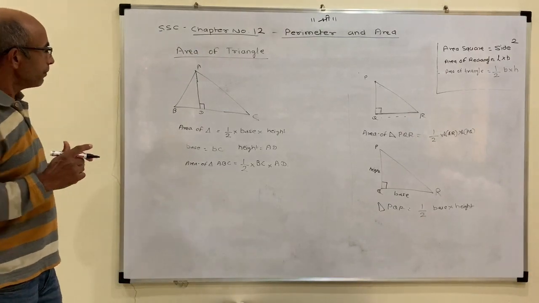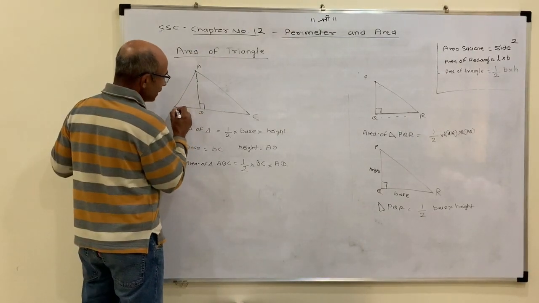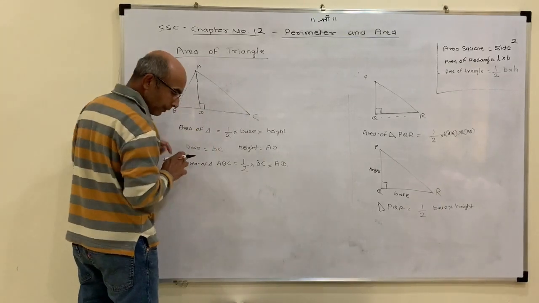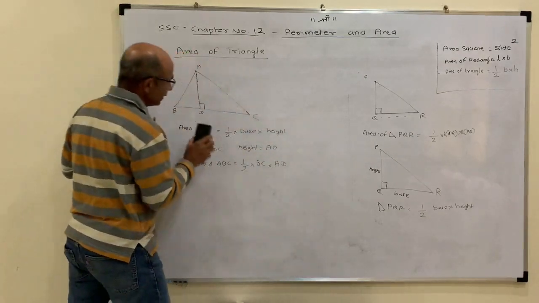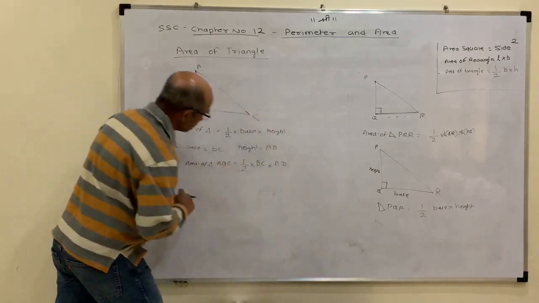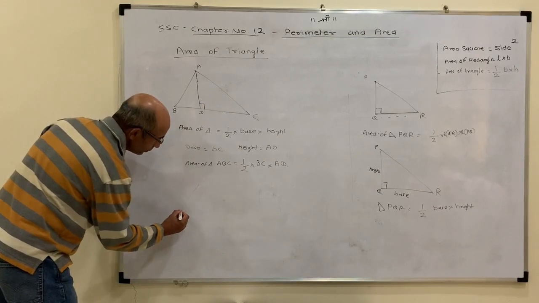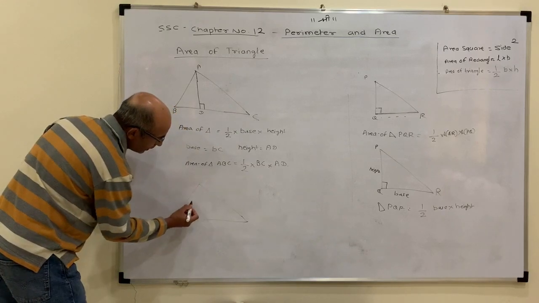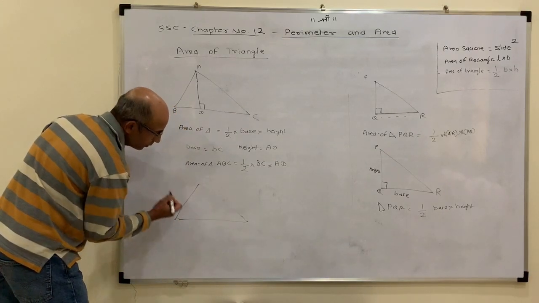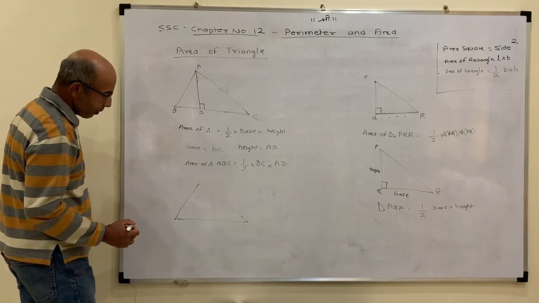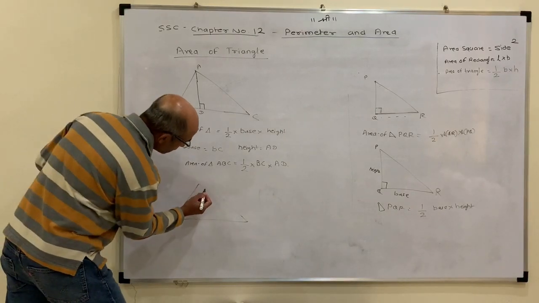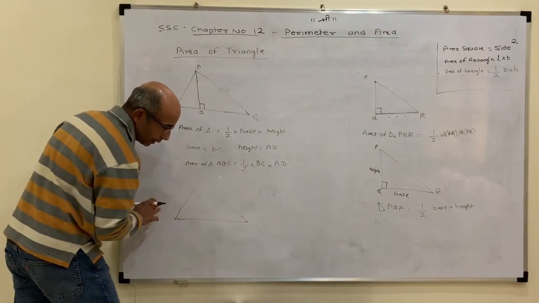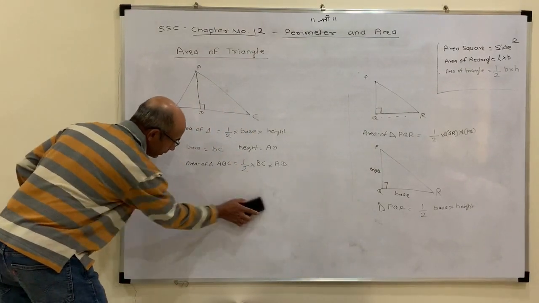Now keep in mind, it is not mandatory that this should be the base. Base can be any side; now this is the base I consider. Now say I draw the same triangle, more or less the same. I won't be able to draw the exact same. So now this is my triangle. Now this is more or less 90 degrees, so I just do it a little differently. So let's consider.